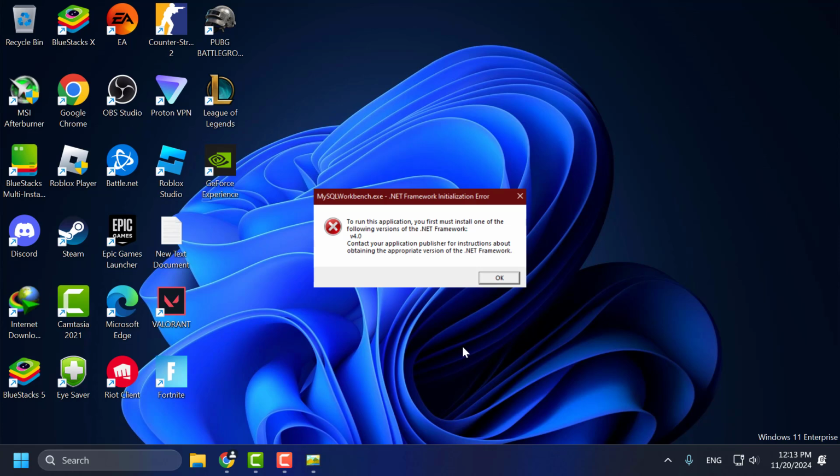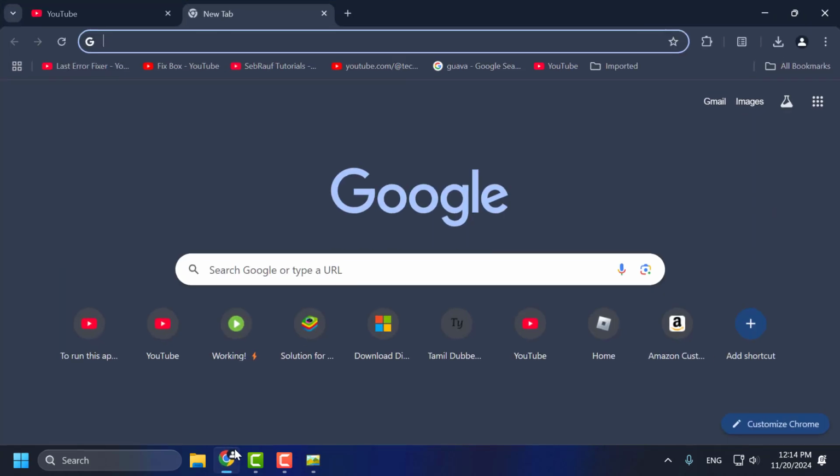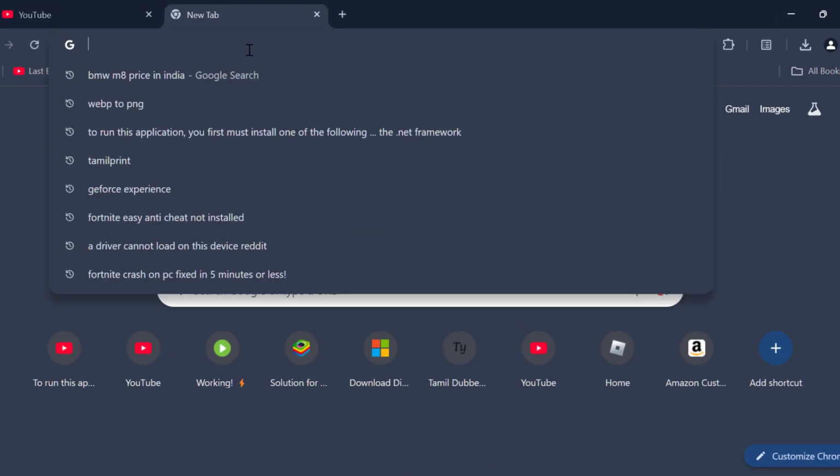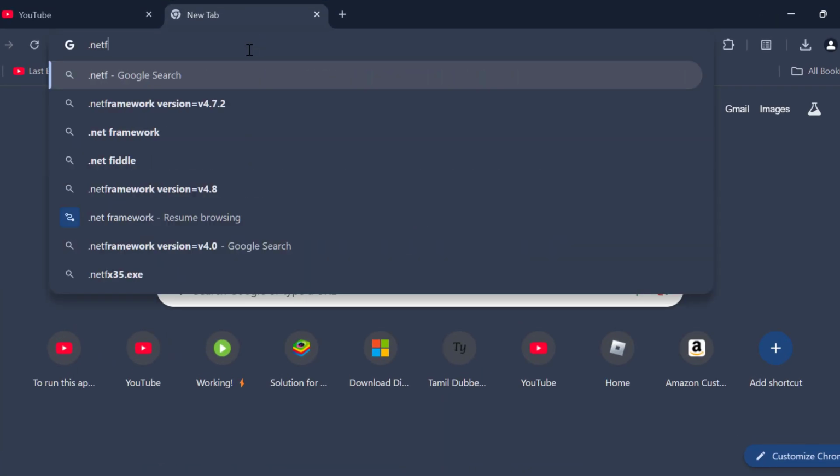Today we are going to see how to fix this application so it runs. You first must install one of the following versions of the .NET Framework when trying to open the application in Windows 11, 10, 8 and 7. Let's fix it, guys. You just need to open up Chrome and search .NET Framework,